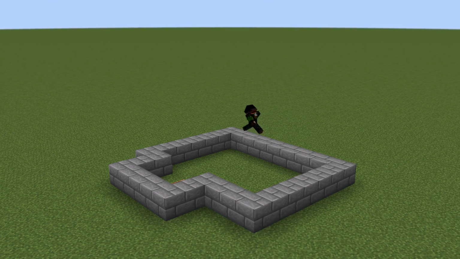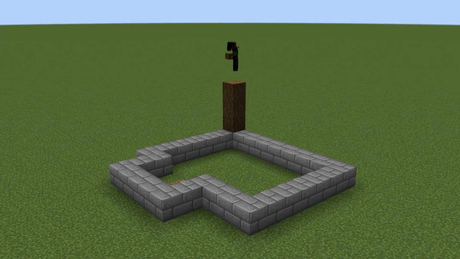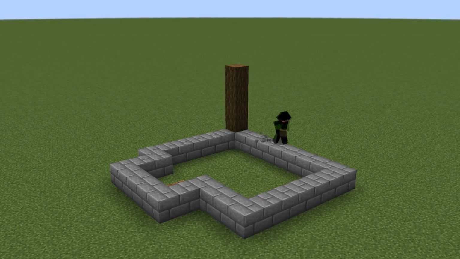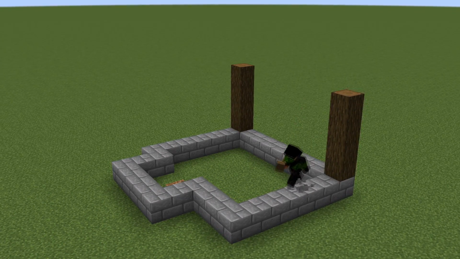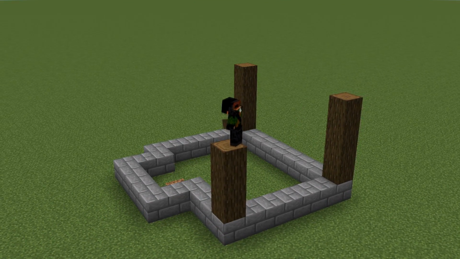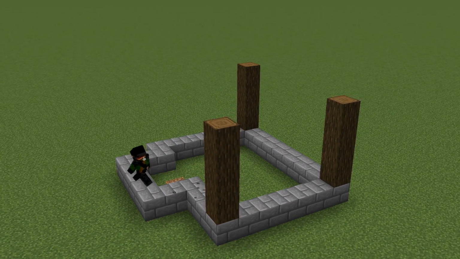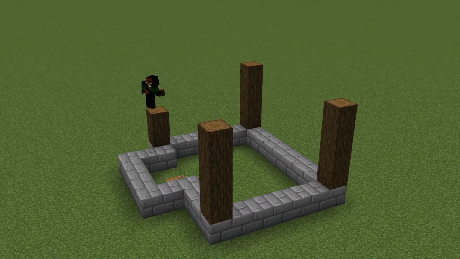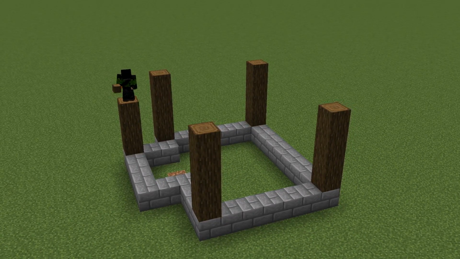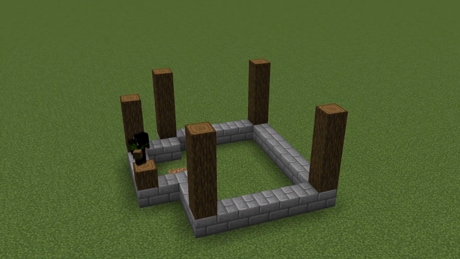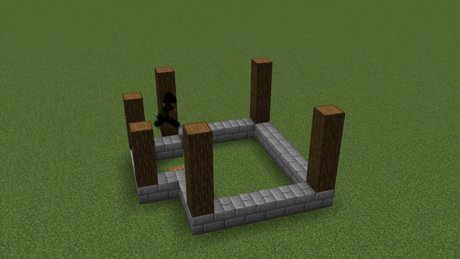So with our foundation outline in place, the next thing I like to work on is the corner pillars. So on some of the corners, you don't have to do them all, but I am in this case. We're going to add in some pillars using some dark oak logs. Of course, if you don't actually want specifically pillars in your build, just add in the corner blocks that you're going to have for that part and just sort of build them up to the height that you want them